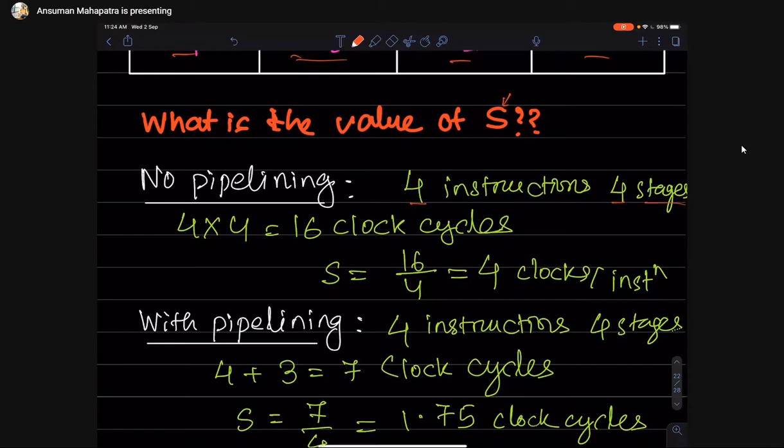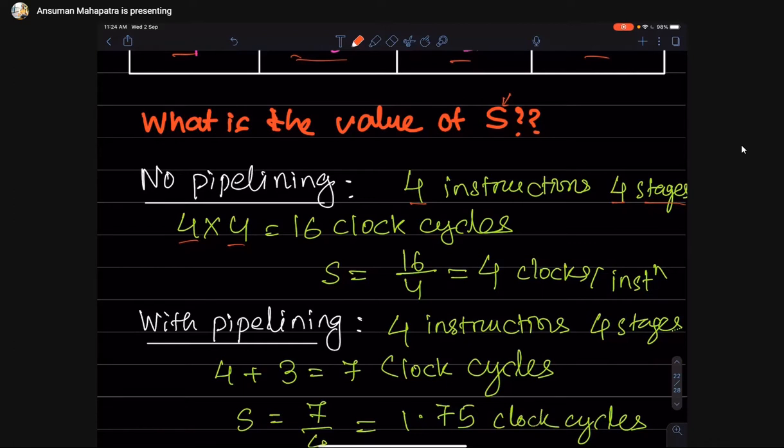With pipelining or without pipelining, you have to complete the 4 stages for an instruction to be completely executed. So if there is no pipelining, how many cycles can it take? 4 into 4, 16. 16 clock cycles, 4 instructions will take to execute in 4 stages.